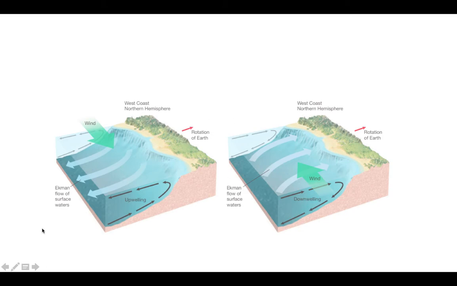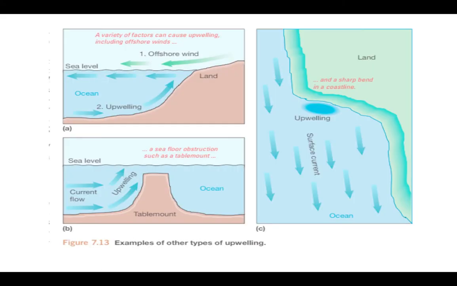Earth is rotating like this, rotation of earth. Is this clear? So current direction will simply govern ki upwelling hoga ki downwelling. Now sometimes upwelling also occurs due to a variety of other factors. Suppose wind is moving off the shore, so it will drag the water this way, which will create a deficiency in this zone, and finally we have upwelling. Again, this wind is also getting deflected towards the right by Coriolis force.